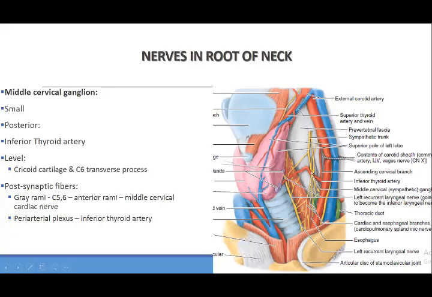अब इसका लेवल क्या है? This ganglion is lying at the level of cricoid cartilage, या फिर in other words 6 cervical vertebra उसके transverse process के लेवल पे होता है। At this level, इसका ये मतलब नहीं कि उसकी vicinity में पड़ा हुआ है, ये लेवल है इसका, ओके।